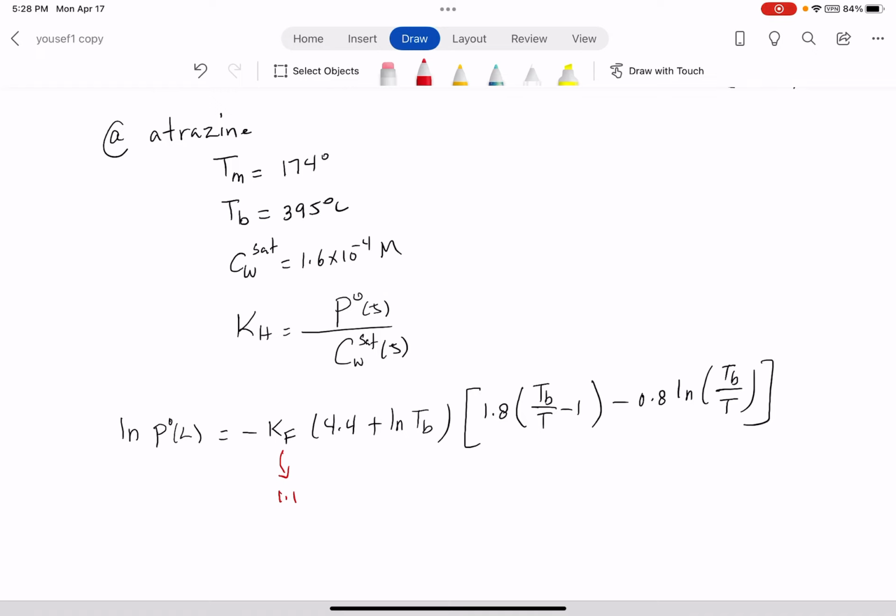And the boiling point, we know it, 174, but we have to convert it to Kelvin, so you should add 273 to it. So 174 plus 273, that is 447? Oh no, oh no. This is the melting point. We should account for